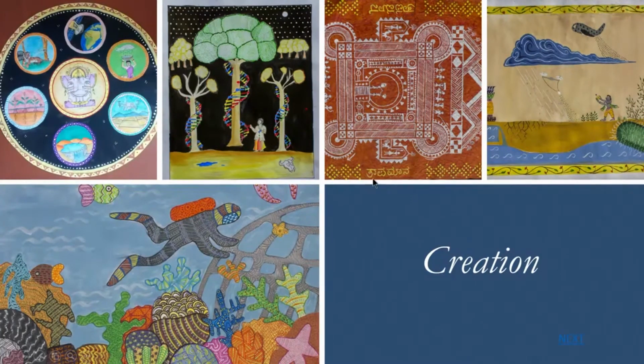This is coral reef restoration. The students have shown coral reef restoration in Bhil art style, how the coral reef that was destroyed was resurrected, rebuilt, with the help of science and technology. So, they have shown that science and technology actually aid in creating better life for nature and better life for the tribals.